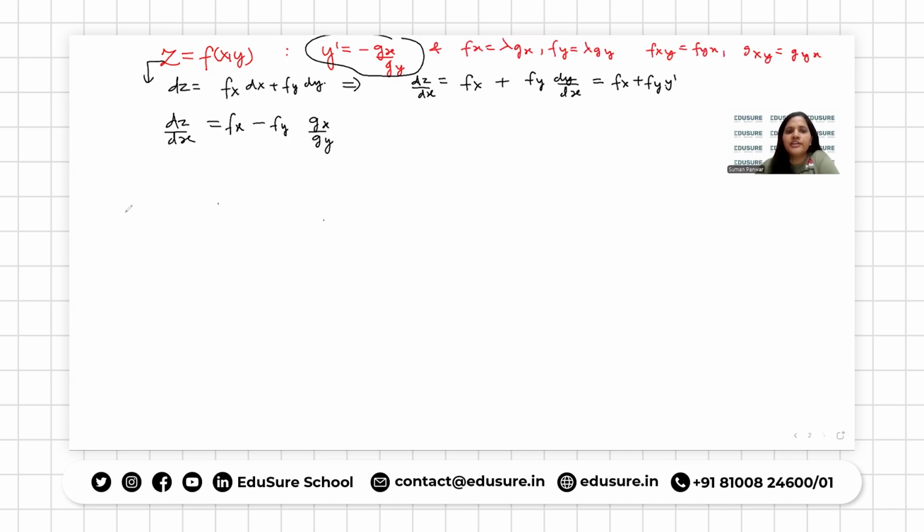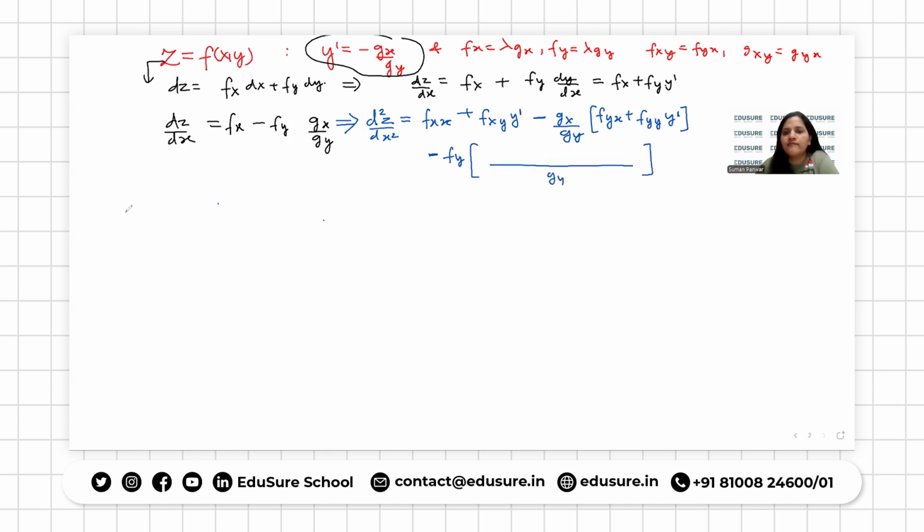So when we again differentiate, d square z by dx squared, we will differentiate fx to get fxx, then fxy y dash. Then we will have minus gx by gy common, and then we will have fyx plus fyy y dash. And then we will have minus fy common. And then we will apply the quotient rule, so we will have gy square in the denominator, gy times